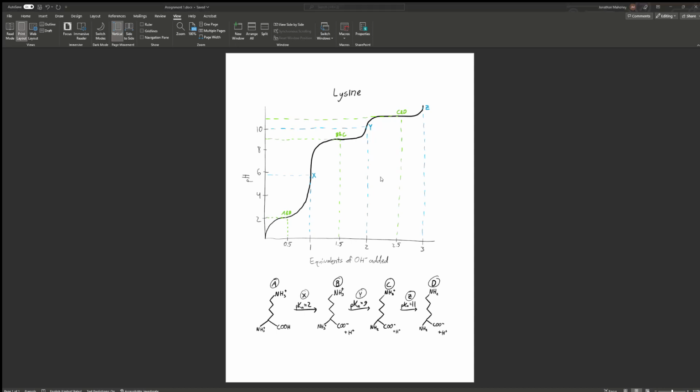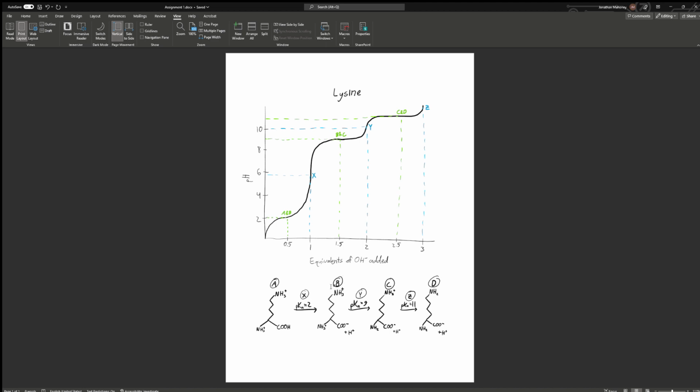Okay, so this is a titration curve of lysine, but before I get into how I made this, here are the different stages lysine goes through during its titration. So first we have this untitrated lysine here at stage A. This here is below a pKa of 2, but then when we reach a pKa of 2, labeled here as X, we then get